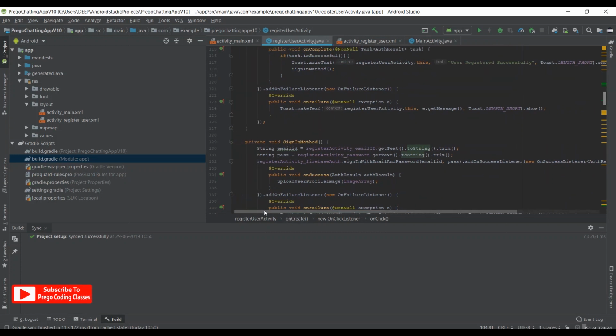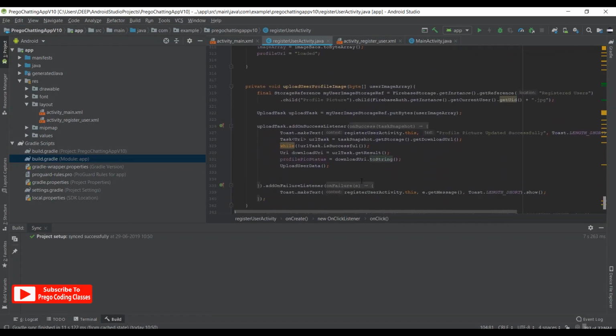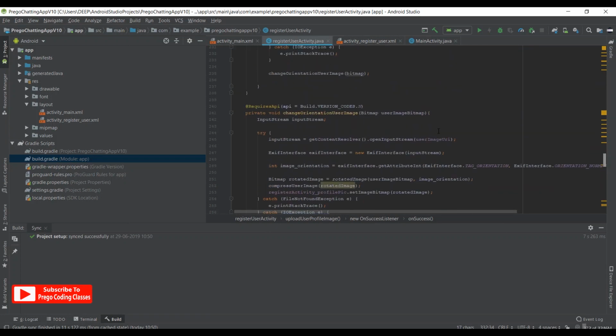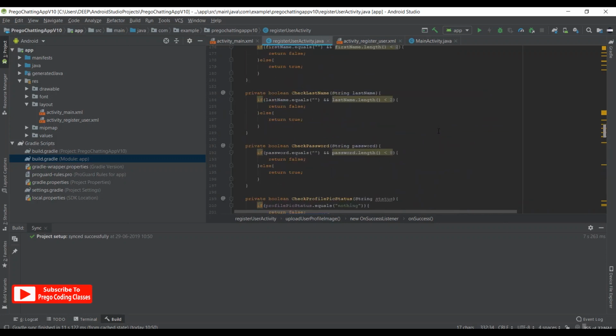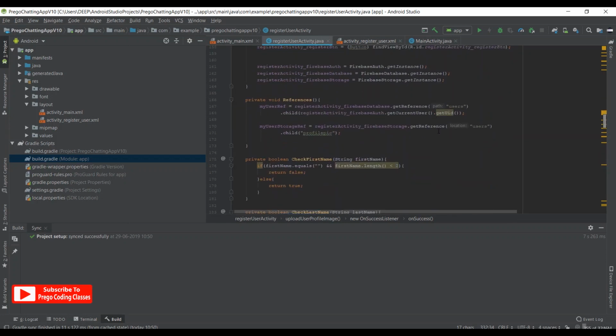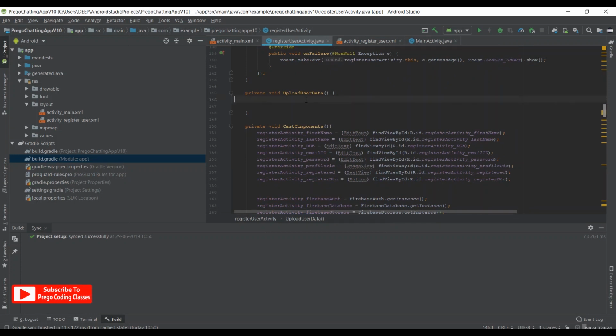Now as we know that the profile picture is not empty, it should have an image array over here, so we can go to the upload user profile image method, and we can say the image array is not empty. So if the image array is not empty, it will upload the picture first, then it will go to the user upload data to upload all the data. The image upload takes time, so I'm doing it beforehand, then I'm going to the user upload data. Now over to the user data upload,